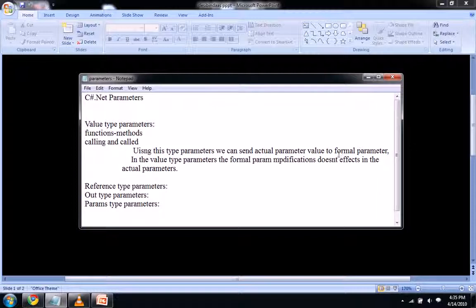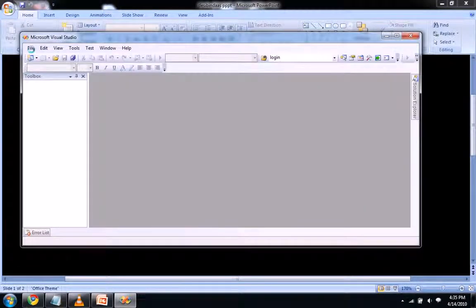So whatever changes the formal parameters make, it won't affect the actual parameters in our value type parameters. Let's create a new project to see an example of value type parameters.